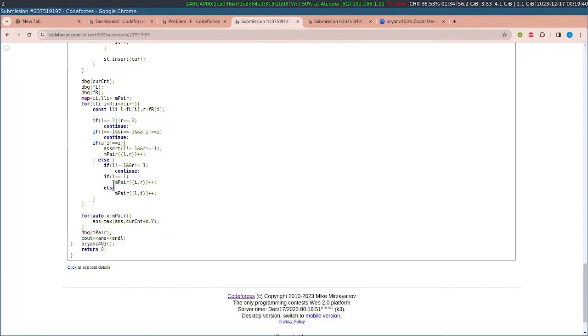Otherwise, if there is no smaller element on the right side, then if I swap L and i, this will become good. Once I have found, for each element, whether it can be made good using only one swap, and which two indexes must be swapped,